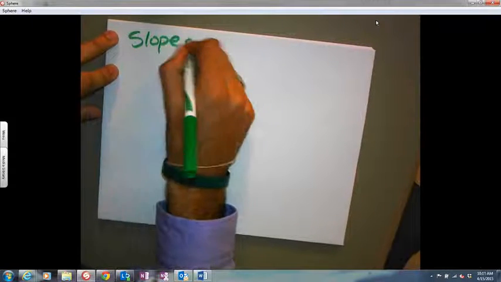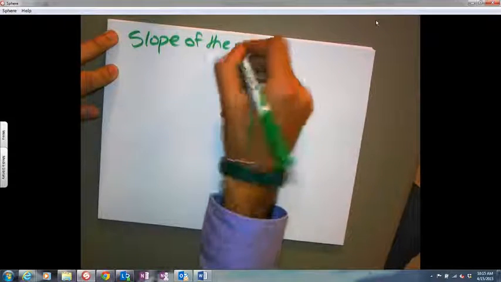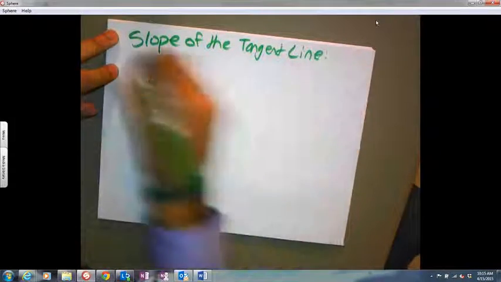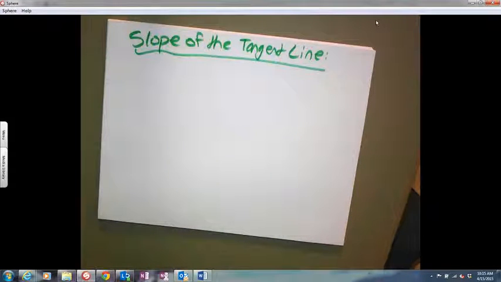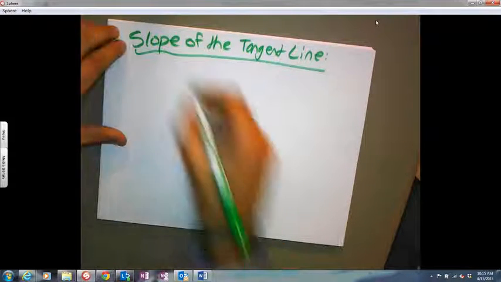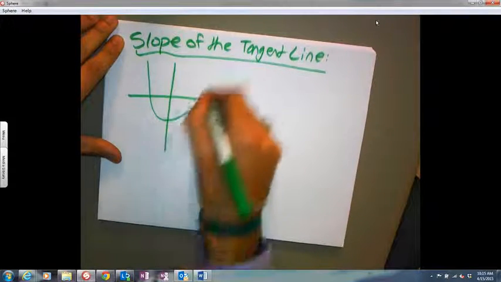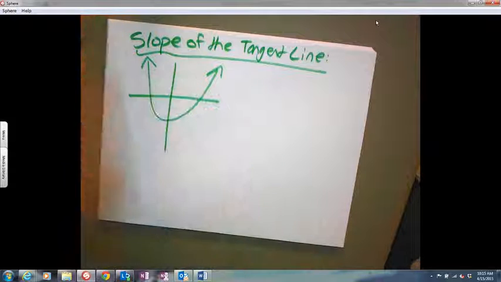Today I want to talk about the slope of the tangent line. So what do we mean by this? Well, imagine a picture here. So here we have a picture, and a tangent line,